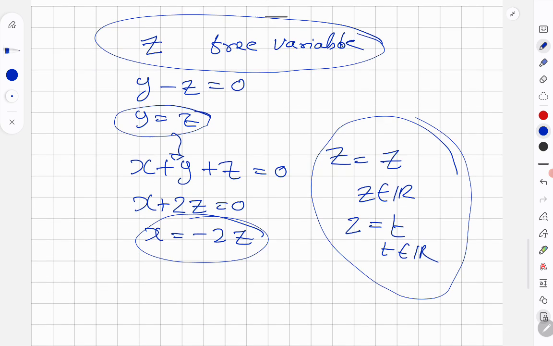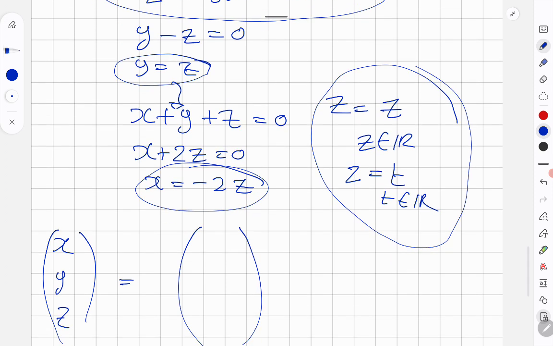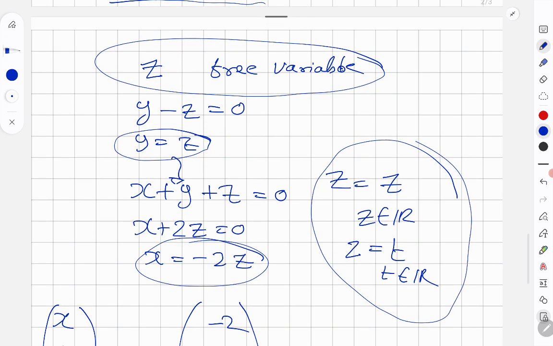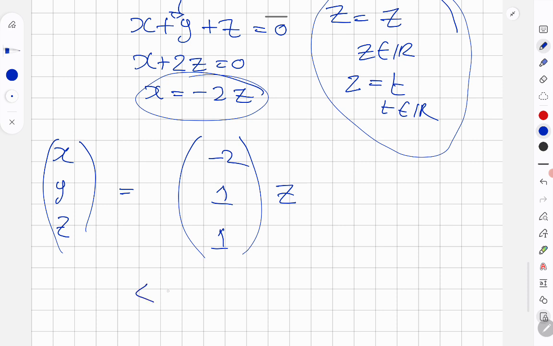Now you have to write the solution. The solution will be x, y, z, and there is a free variable. The free variable is z, and x is minus 2 times z, y is 1 times z, and z is equal to z. So my solution that I got is